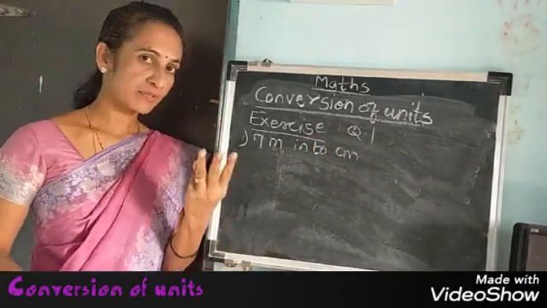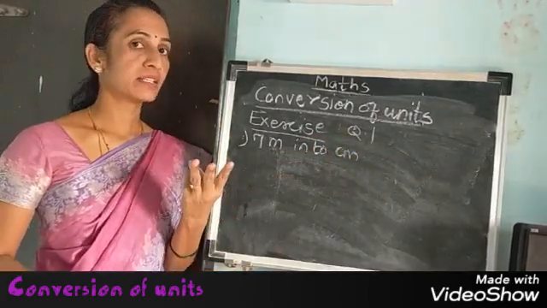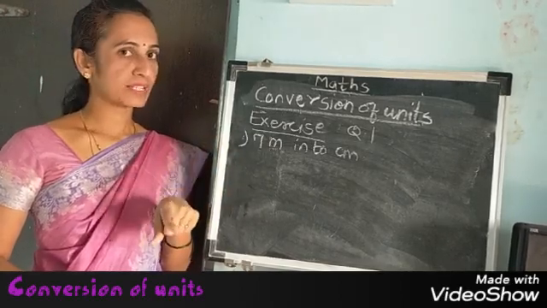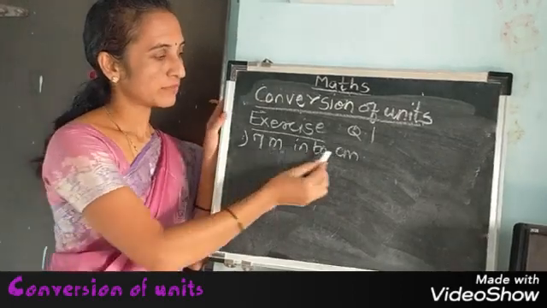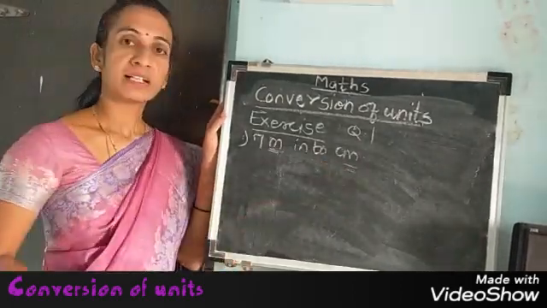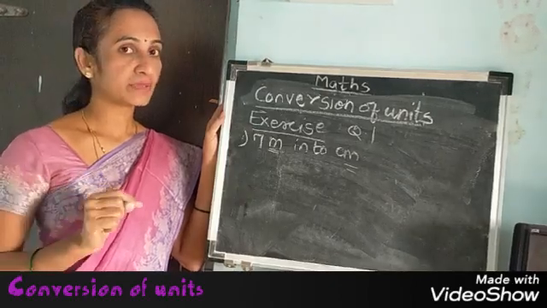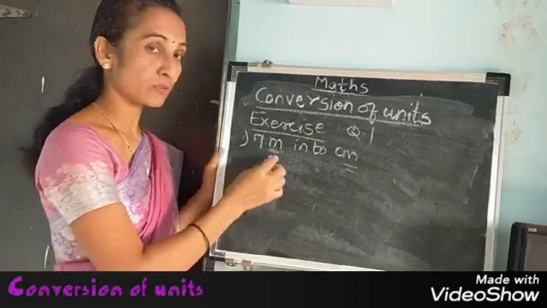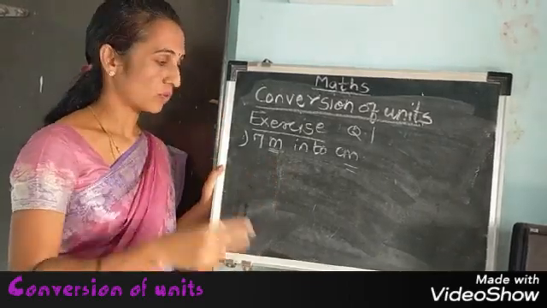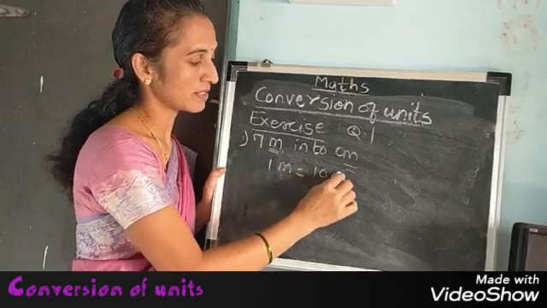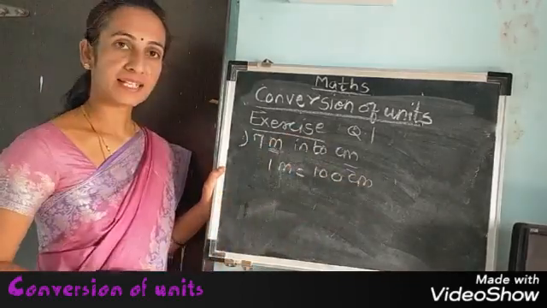See, in note I have given 3 numbers. First one, 1 centimeter is equal to 10 millimeter, which we can use here. See the units here, meter and centimeter. In which number meter and centimeter word is there? In second number. What is our second note? In our second note, 1 meter is equal to 100 centimeter. It is our second note.